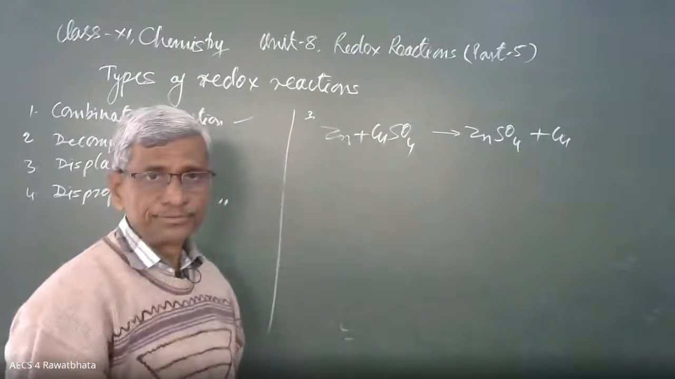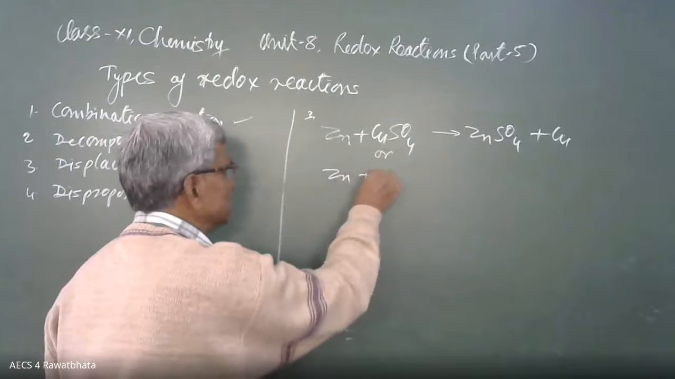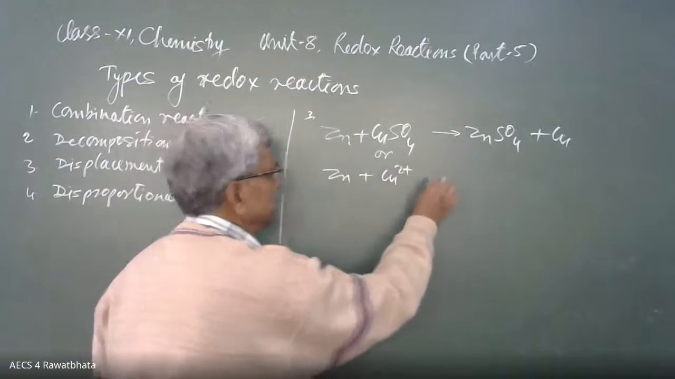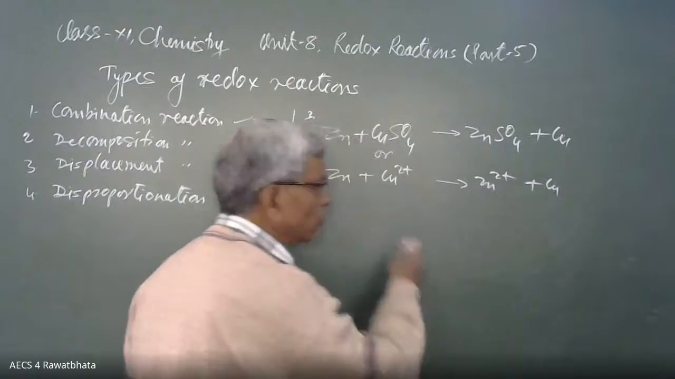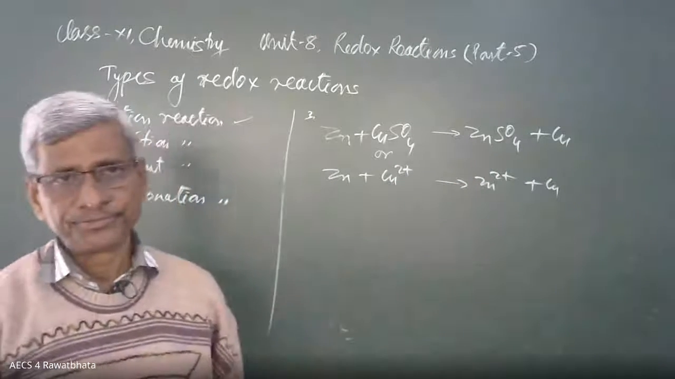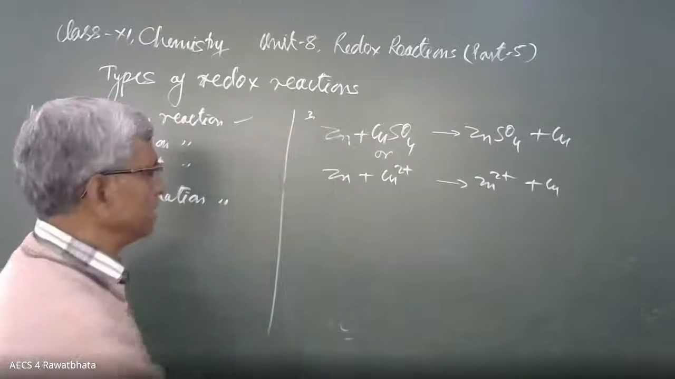This zinc is more reactive than copper, therefore zinc is able to replace the copper ion from the solution. This reaction can be written as Zn plus Cu2+ gives Zn2+ plus Cu. This is called the ionic equation. This is the displacement reaction. Another example,